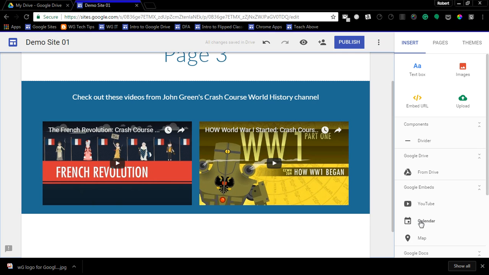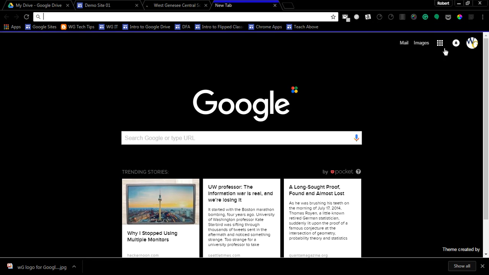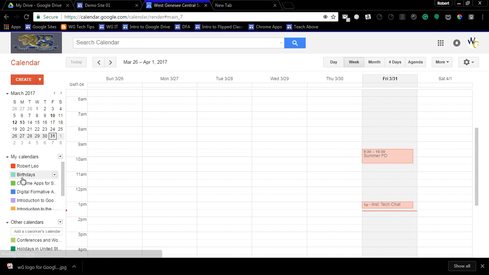If you want to add calendar items, you certainly can do that as well. I'm just going to open up Google Calendar on a new tab here. You can go to calendar.google.com. Of course, you can also look to the waffle icon and click on Google Calendar itself. I've got several calendars I've created here. I'm not sure if you're familiar with Calendar, but under My Calendars, if you wanted to create a new one,